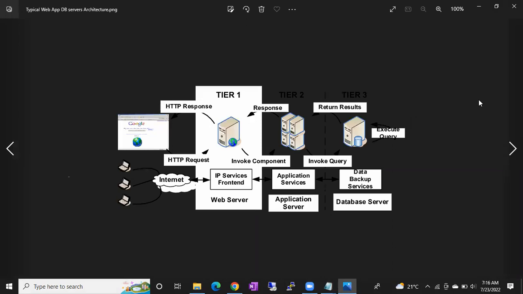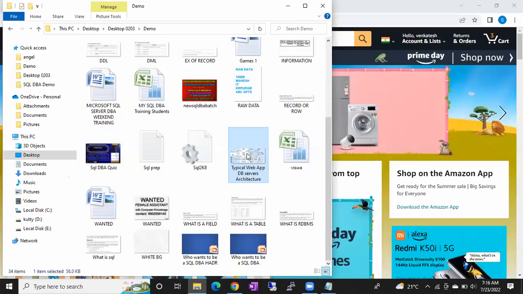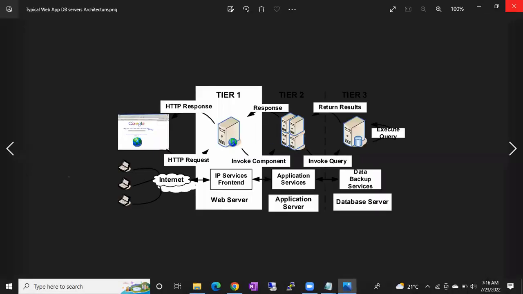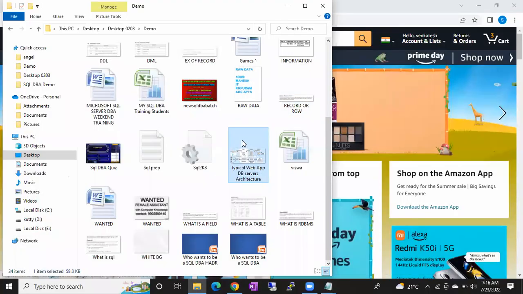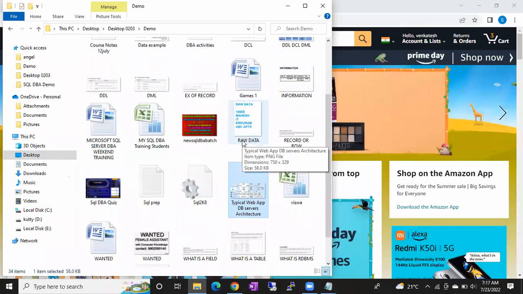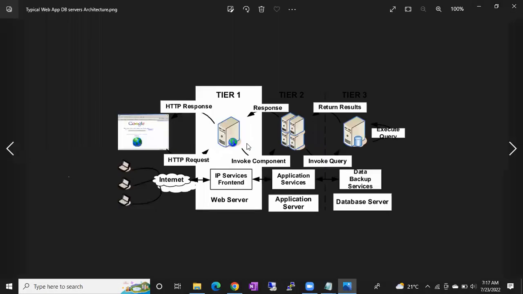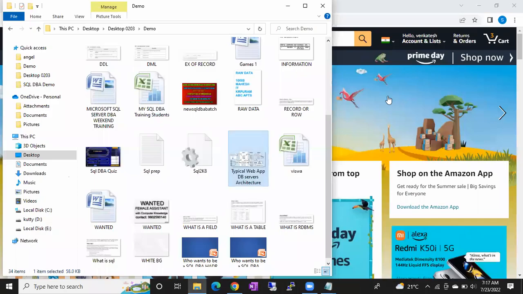If you see this diagram, I am getting it like this. Let me close and reopen. Just a minute, guys. Just a minute, I'll share my screen again.